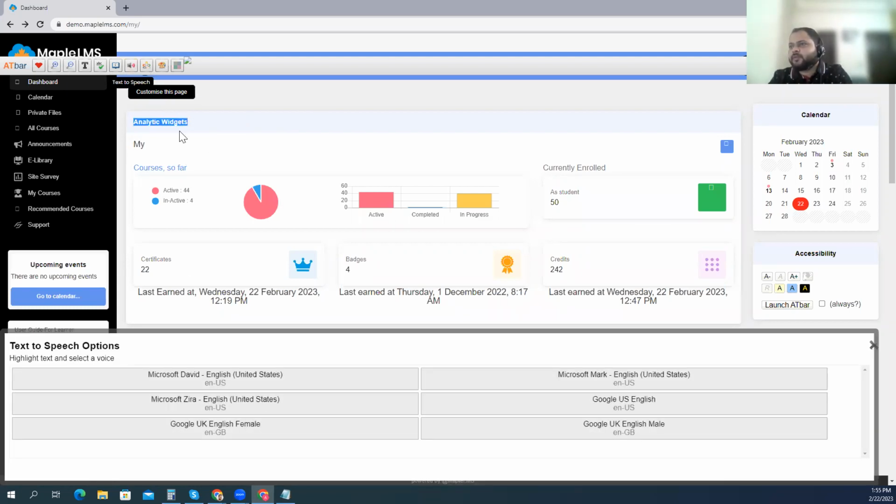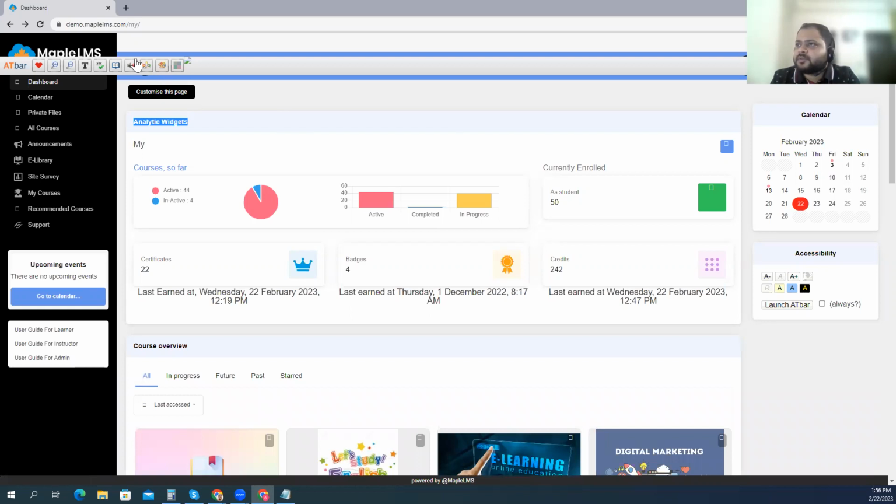When we go about doing a text-to-speech, I've just highlighted this text over here and selected text-to-speech. I can then pick a language or the voice of my choice. For example, if you go with Microsoft David English, that way text-to-speech would work. So you can simply highlight any text on your interface and select your preferred voice, and that would run the text-to-speech options.